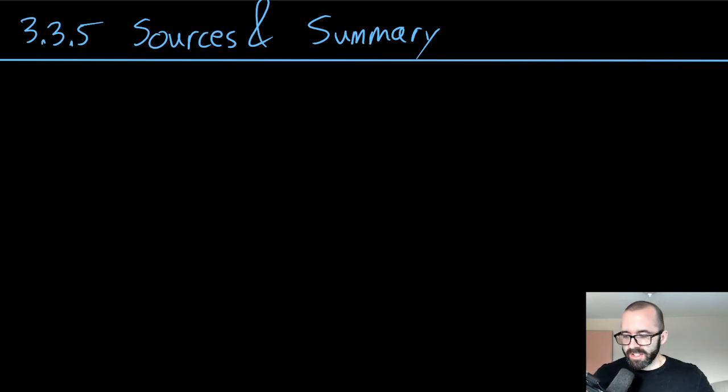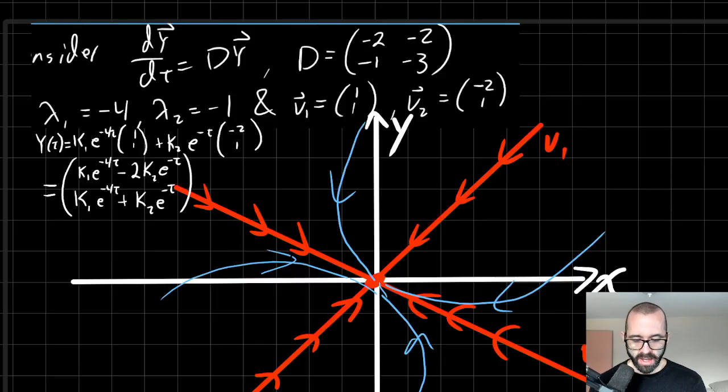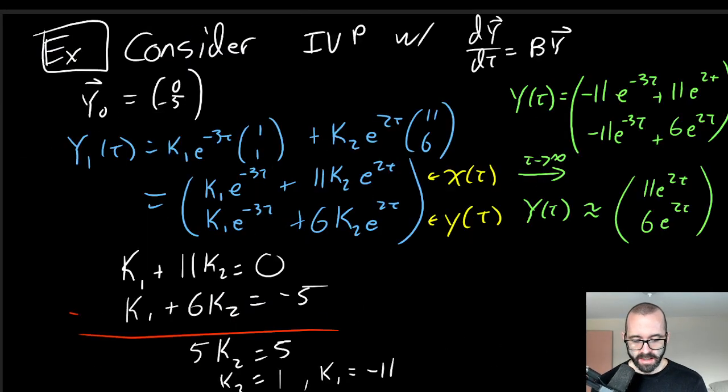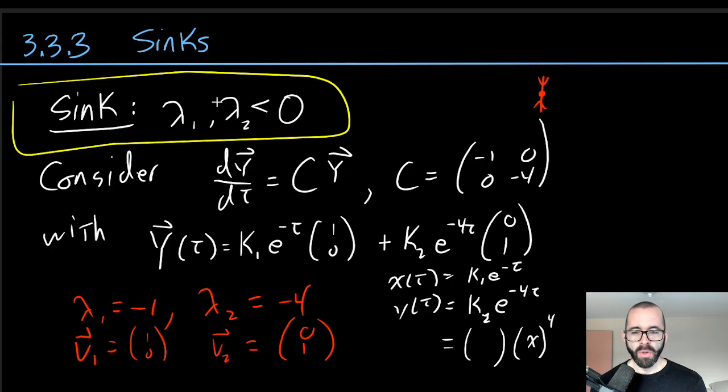We end this section with a talk about sources and a little summary of all the things we talked about. And there is an example in the book, but I decided not to cover it here. So check out the book if you want more examples on some of the things that you can do with this. So it will not be surprising to you that if a sink is both eigenvalues are negative,